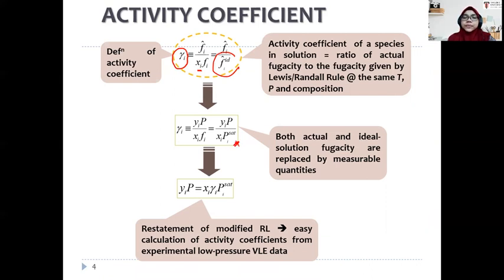with the ideal, and we can replace the fugacity of the species in the solution with its composition in the vapor phase, and the ideal solution is equal to its saturation pressure. So this is another expression that we can use, known as the modified Raoult's law, to calculate the